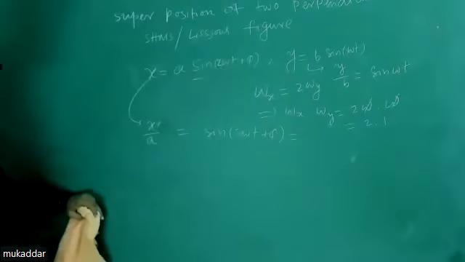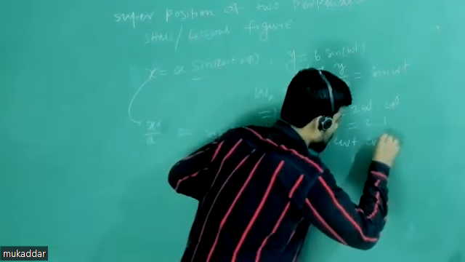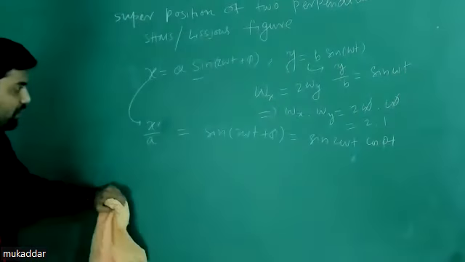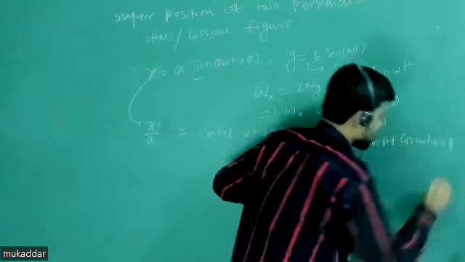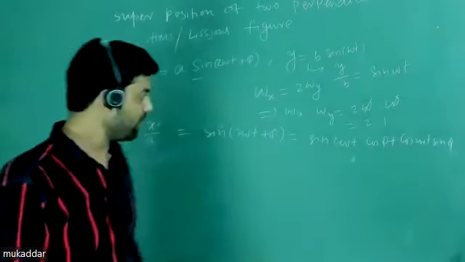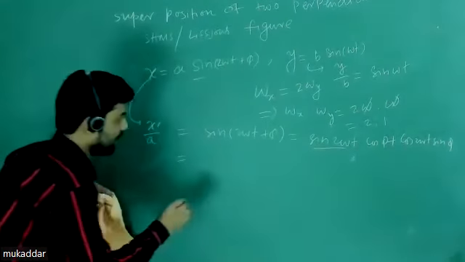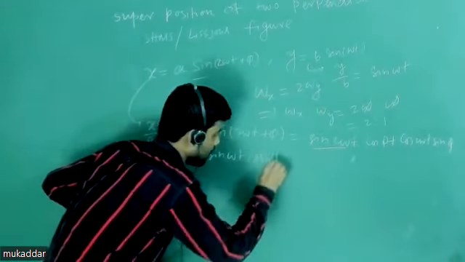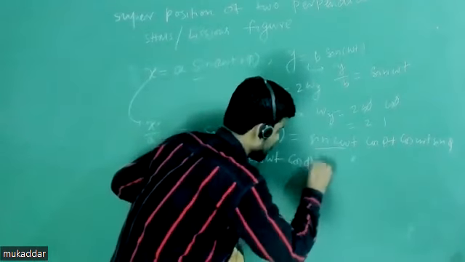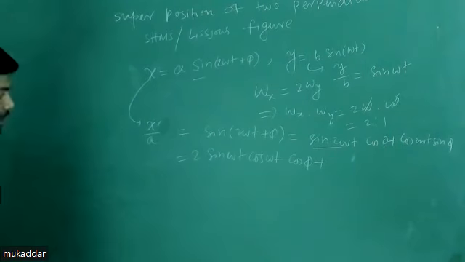And I'll use that sine a plus b formula. If you do this, you'll have sine of twice omega t cosine of phi, and additional term, that will be cosine of twice omega t sine of phi. Now I'll write sine of twice omega t, that I can write 2 times sine of omega t cosine of omega t and cosine phi. Now if I write cosine 2 omega t in terms of sine omega t, how much you will get? कितना आ जाएगा जी? क्या मैं लिख सकता हूँ